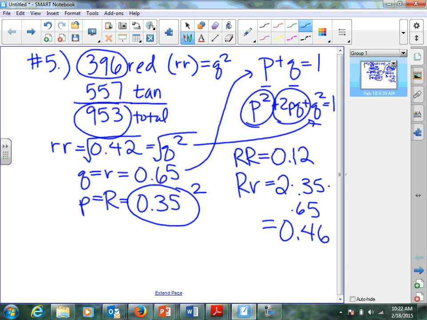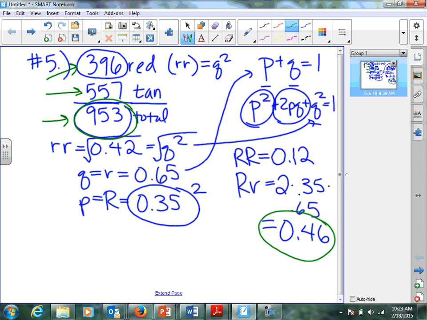C is looking for the number of heterozygous individuals you would predict to be in this population. So this one's a little tougher because I know, if I switch colors here and go back up, I know that 557 are tan, I know that 396 are red, and I know I have 953 total. And so what I can do is I can take this total number,